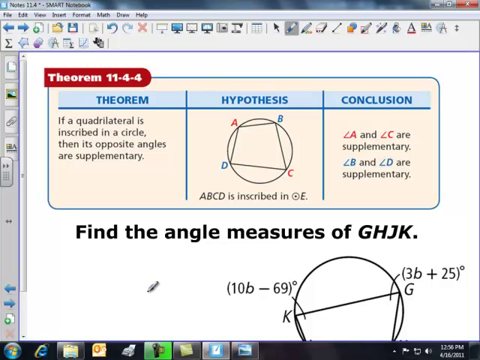Now, another theorem here is the fact that if a quadrilateral is inscribed, now inscribed means it's on the inside of that circle and each of the points are actually on the circle, then the opposite angles would be supplementary. Now this kind of makes sense if you think about it. If you look at angles D and B, well, these are on an inscribed quadrilateral. That means these two angles would be supplementary. Of course they are,